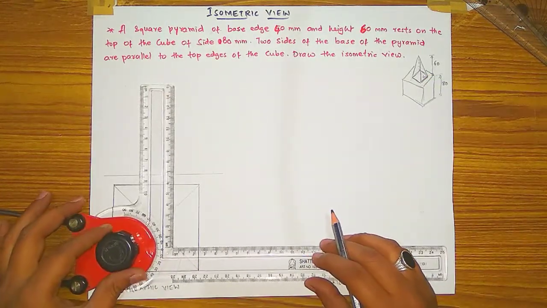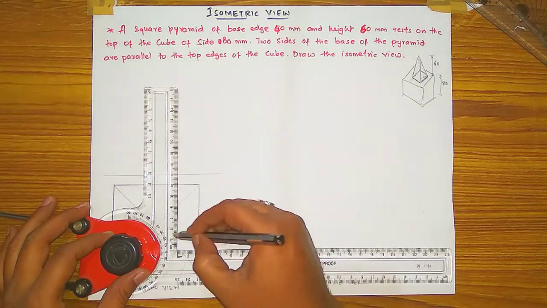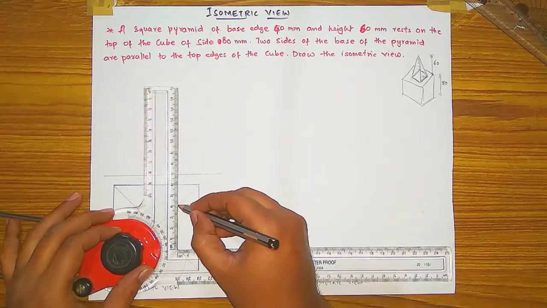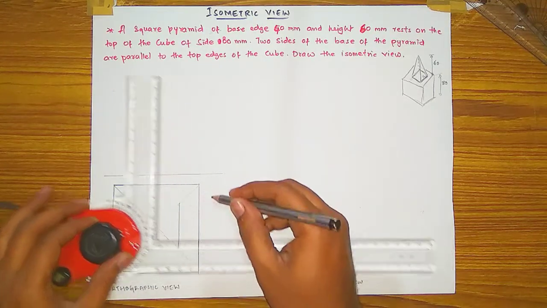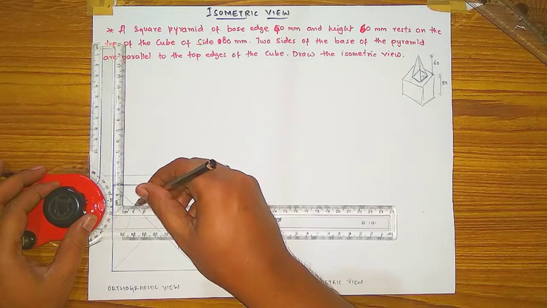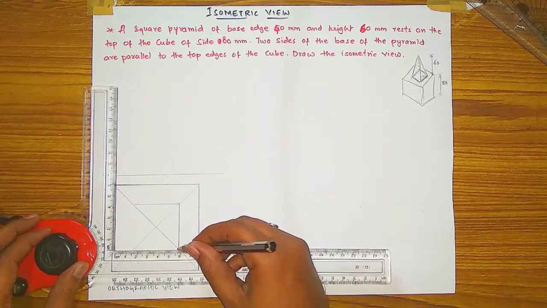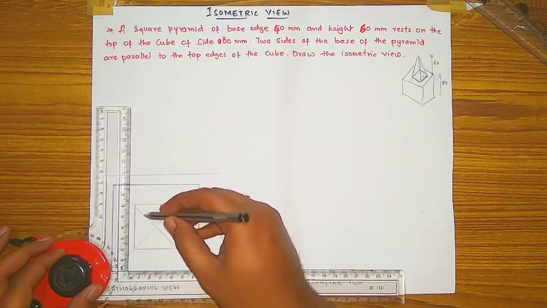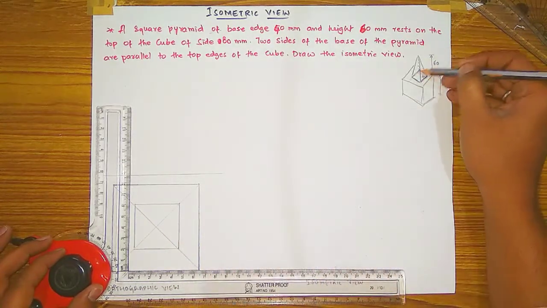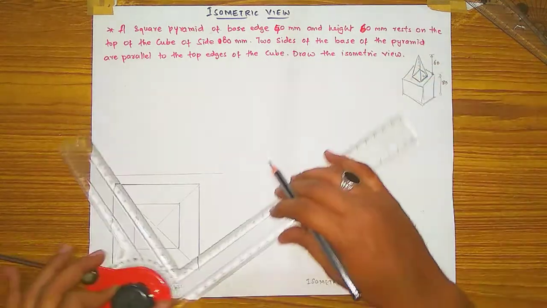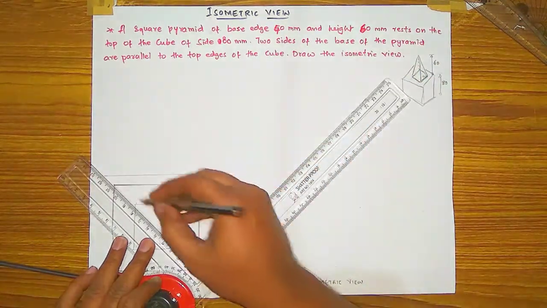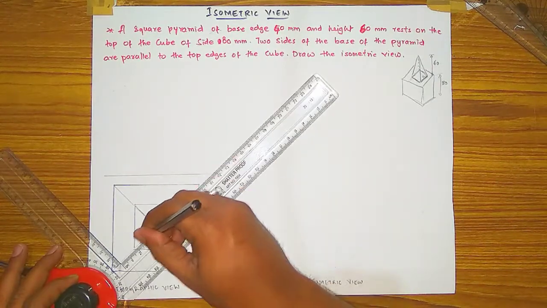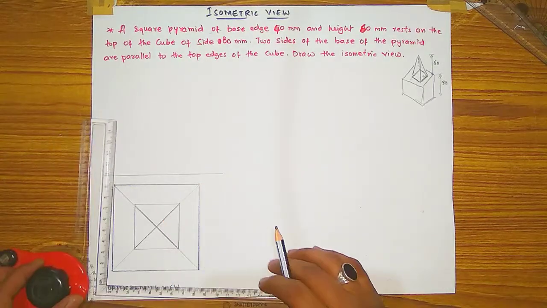So adjusting your mini drafter of 40 mm with this line and with this line, draw a 40 mm line by adjusting. So by adjusting I have drawn this 40 mm line, then automatically you will get the other line of 40 mm like this. Then draw that also. From the top your pyramid square is visible, and the remaining slant edges will be like this. So dark that also. Okay, and this will be the top view of this